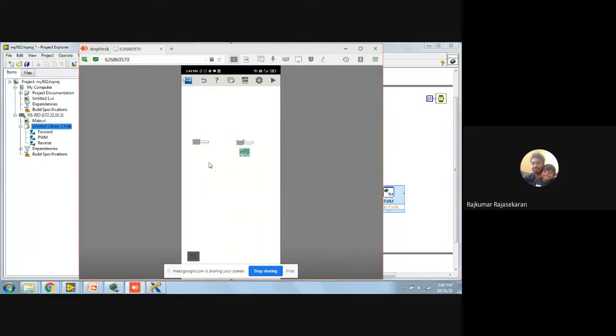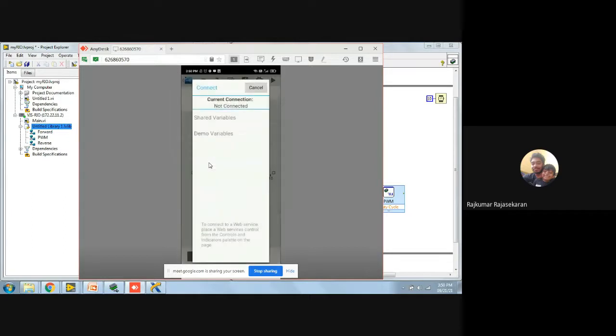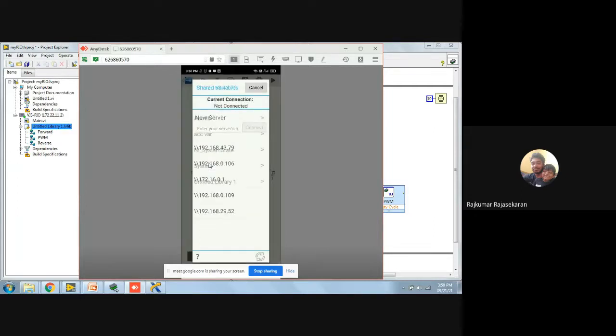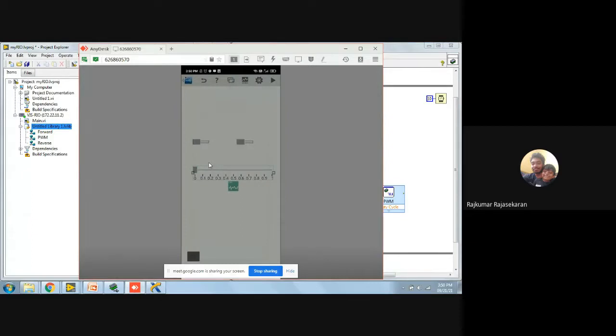I'll be able to move it where I want. So forward and reverse both are there. Now I need to change the PWM value. For PWM, again I go to control, and there's a slider available which I can make use of. I can change the settings. The data range is going from 0 to 1. So this also I have to link to the shared variable, IP address, PWM. So this is for speed control and this is for direction control.